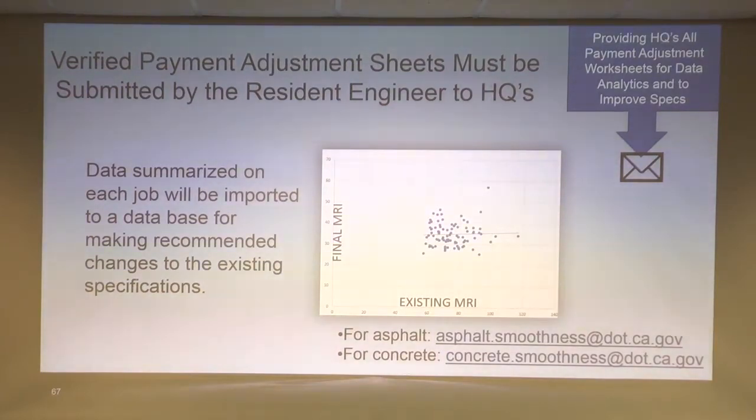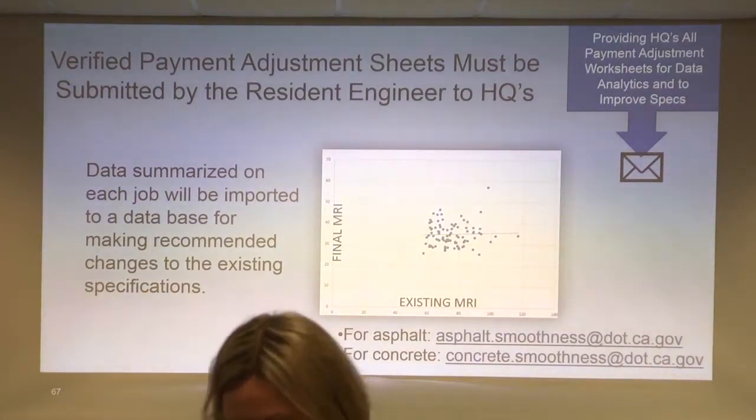I have an MRI report, right? So they milled it out, they paved it back, and they ran their inertial profiler over that, and figured out the MRI. Now this MRI was 27. I do see it. And there's a line here. There's a function in Excel to come up with an average line based on all that data.